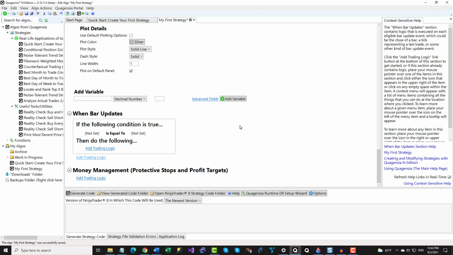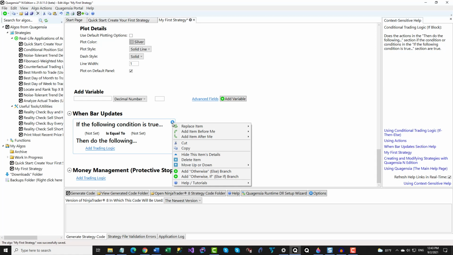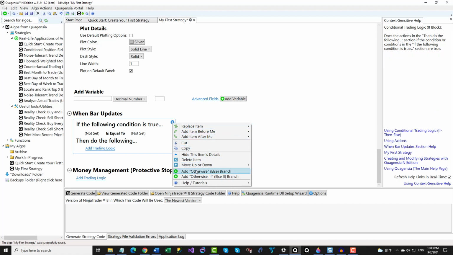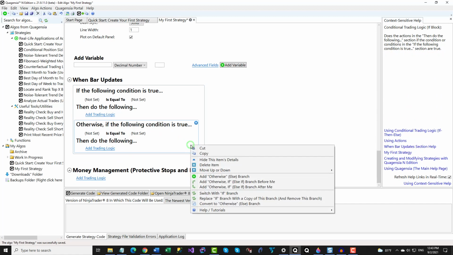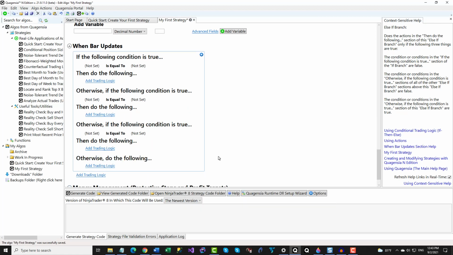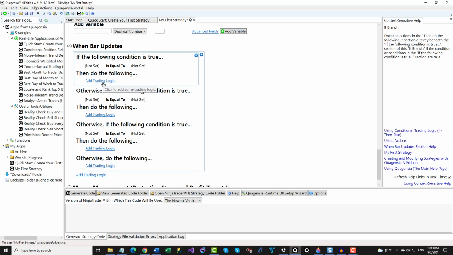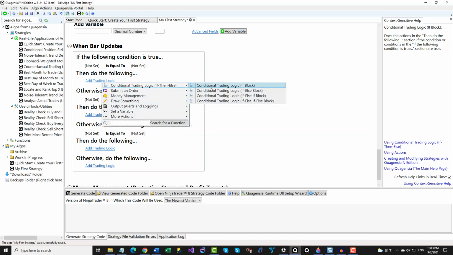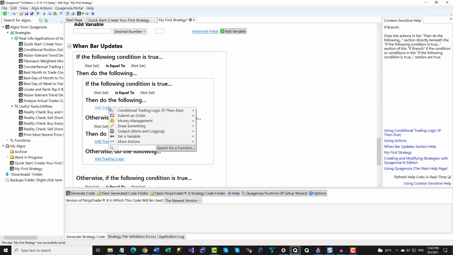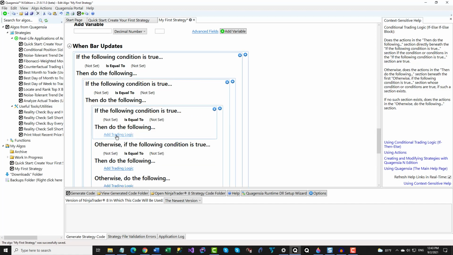Note that while some codeless strategy builders only support if blocks and do not support else if or else blocks, Quagentia allows you to add unlimited else if blocks beneath each if block and add else blocks as well. Furthermore, while some strategy builders do not allow you to nest conditional blocks inside of one another, Quagentia allows you to nest if, and else blocks inside of other if, and else blocks, which can be further nested inside of even more if, and else blocks.